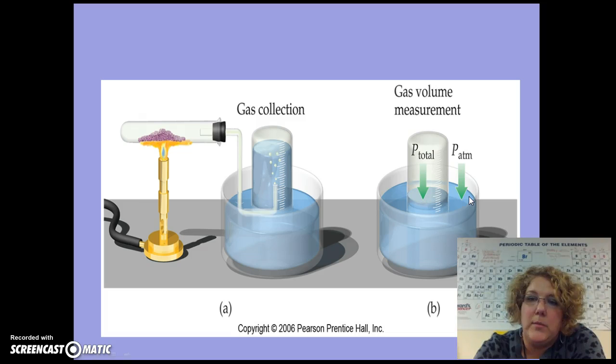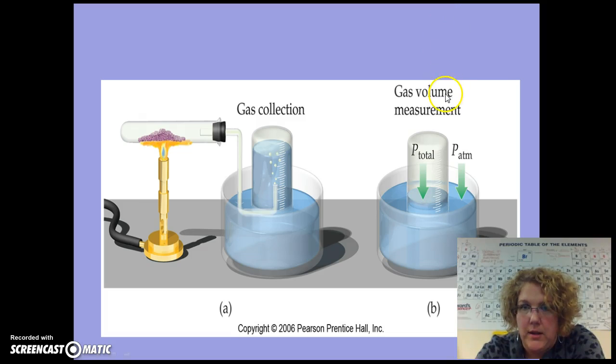At that point, remember the manometers with the height differences between the mercury levels and such? Same principle. When the two levels are the same, the pressures are equal. So when the level of water in our gas tube is equal to the level of water in our big puddle of water outside of it,